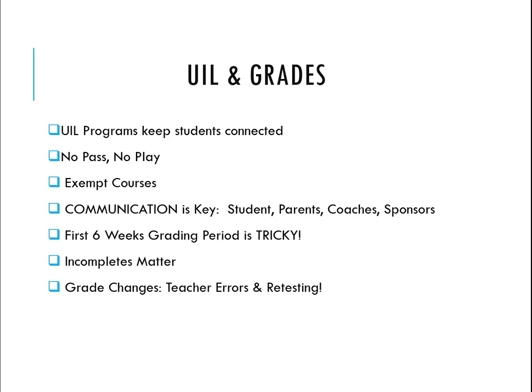Once the grading period closes, the only reason a student who is deemed ineligible at the time that the grading period closed to become eligible is if you made an error in your grade book or the student retested a major assignment. So when you input a grade change in Skyward, unless you put I made an error or the student completed a retest, you can do the grade change, but it will not change the student's eligibility to participate